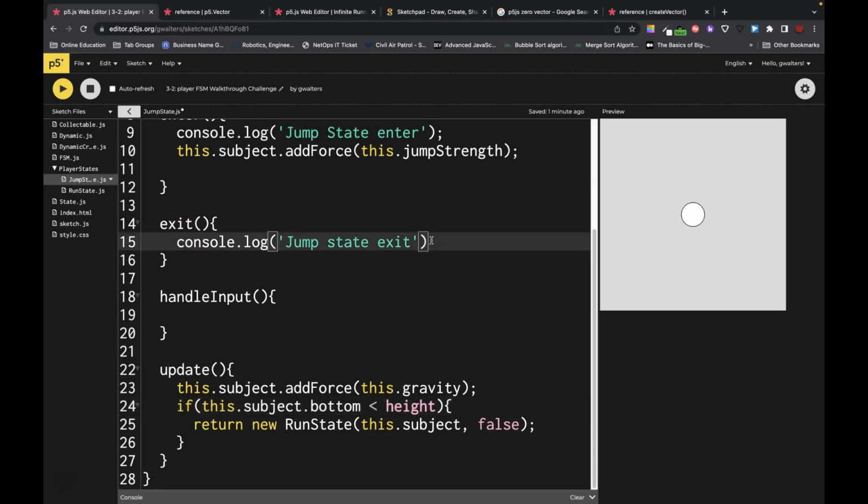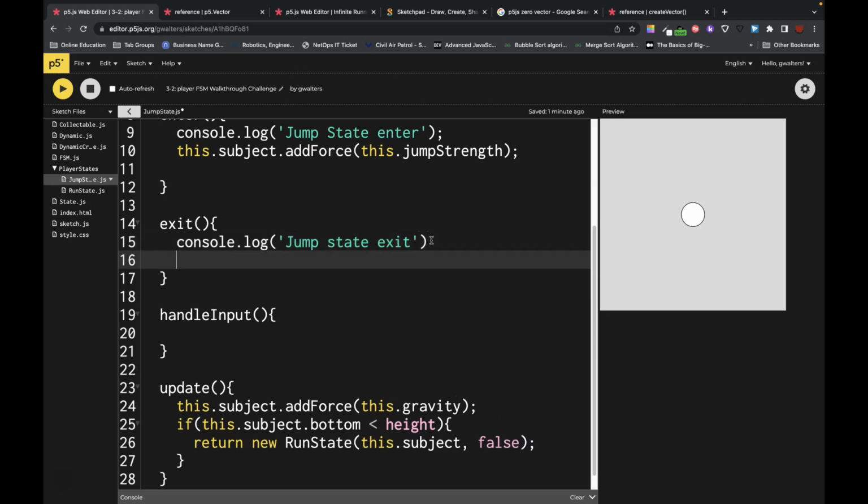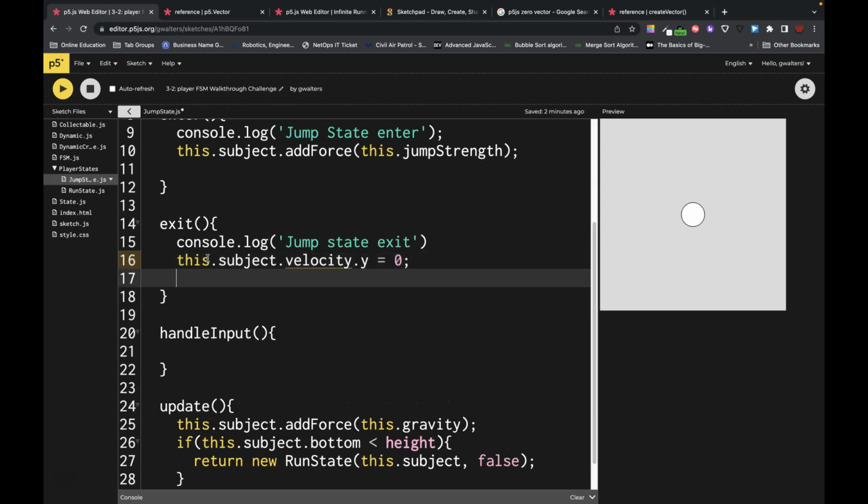thing before we change our new state, that is when we want to reset anything that we have. So in this case, my gravity didn't change, my jump strength didn't change, but my velocity is now different. So I do want to change my velocity back to 0. We'll change the y velocity. Velocity.y is now 0. Okay, and then we need to make sure that we reset our player so he's at